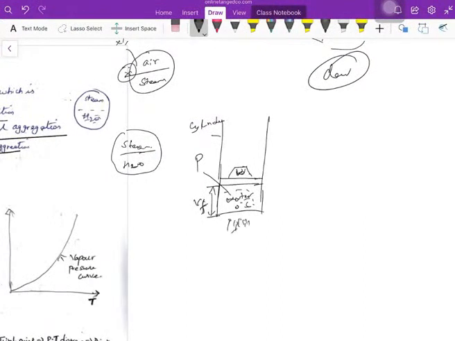I'm heating this water. So what will happen is the temperature of the water will increase from 0 to the saturated temperature. Saturated temperature means, at normal condition the saturated temperature of water is 100, but it will increase to the saturated temperature. The volume will remain the same. This will be the volume of the water. Still, heating is going on. The pressure remains the same, guys.